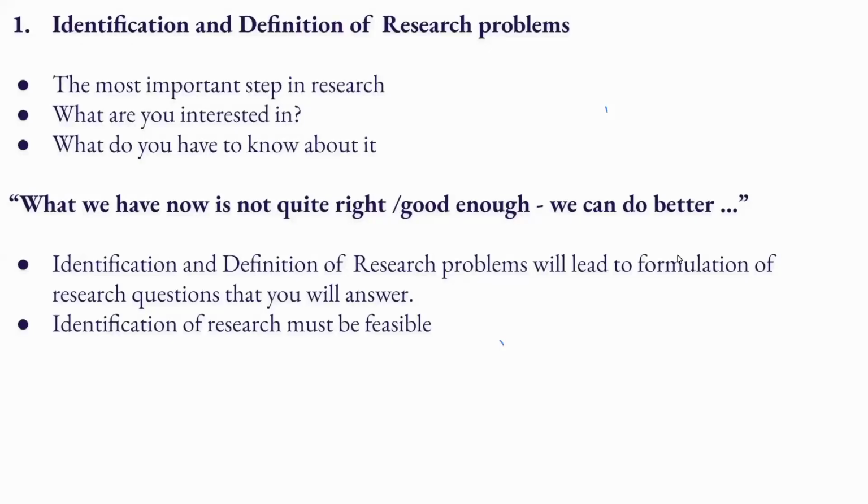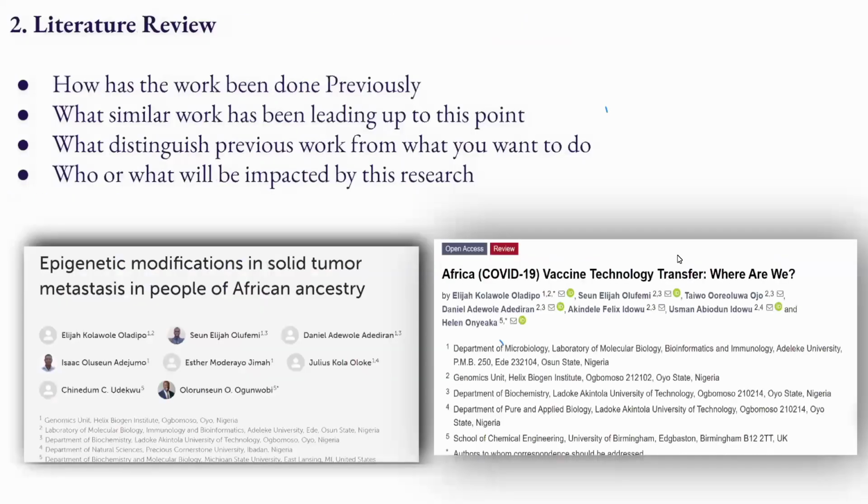And when you're identifying this, it helps you to know that the kind of research you're identifying is what is visible. The second one is what we call literature review. Now, the process is that you have identified a particular knowledge, and